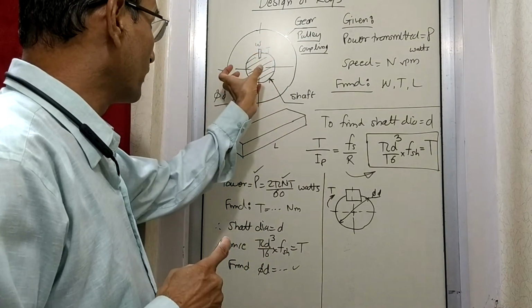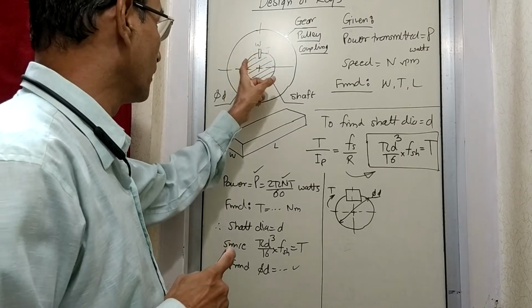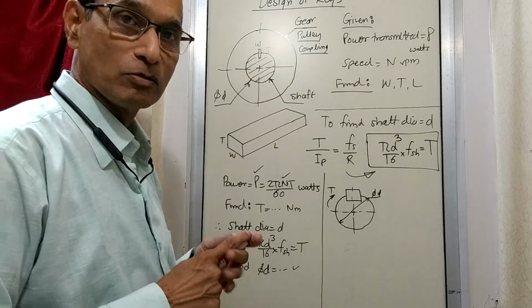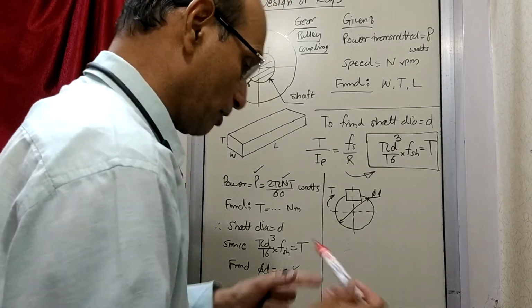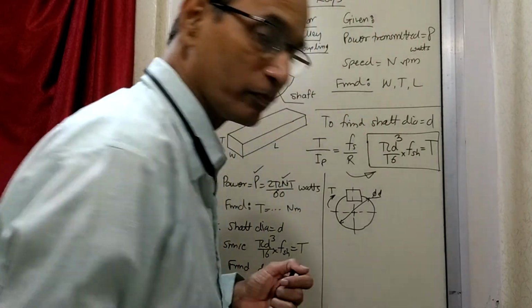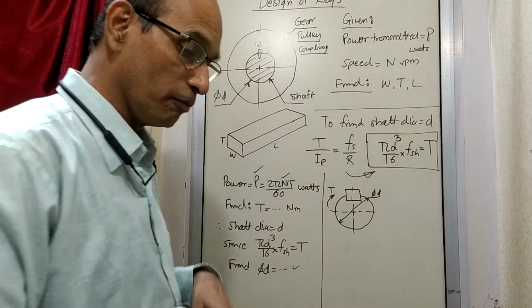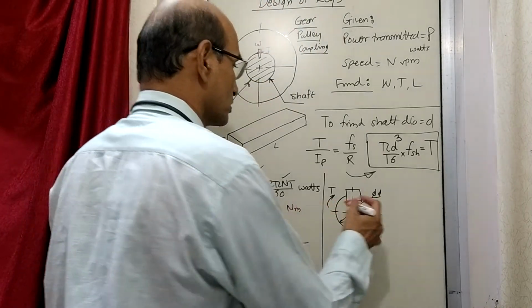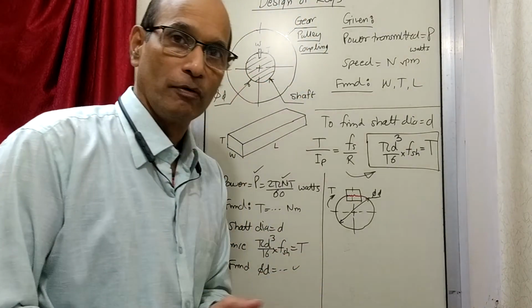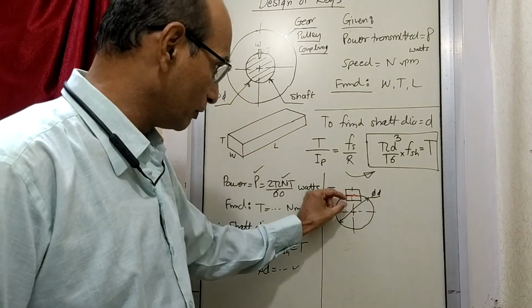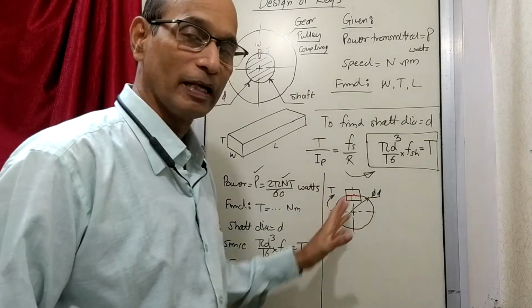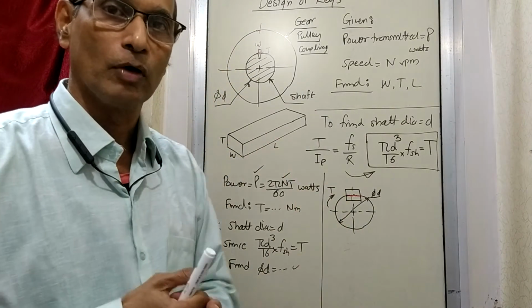When you think of a shaft which is rotating and wants the power to be transmitted through the key to the disc, the key should withstand it. Otherwise it will break from here. What kind of breakage will that be? It will be a shear failure. That means this key will fail in shear if it is not strong enough, and the power will not be transmitted. The shaft will rotate with half the key inside and the other half of the key will remain in the outside part, which we don't want to happen.